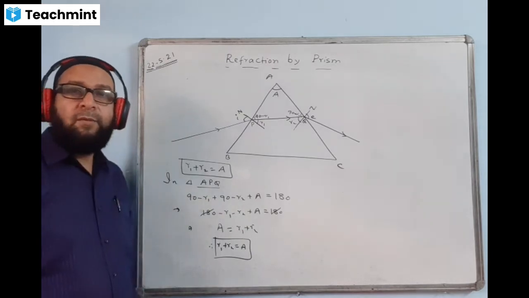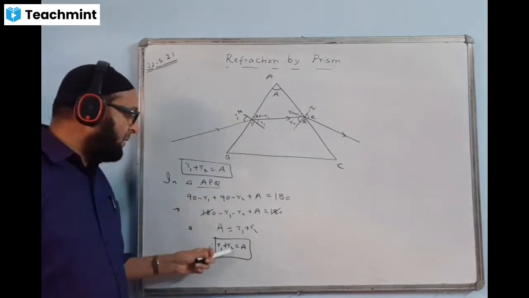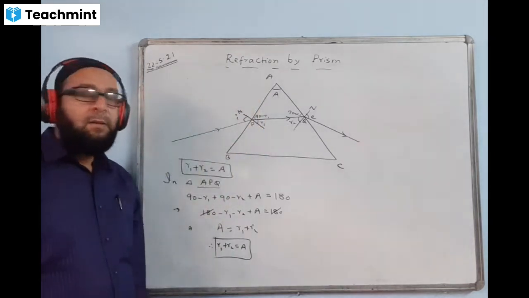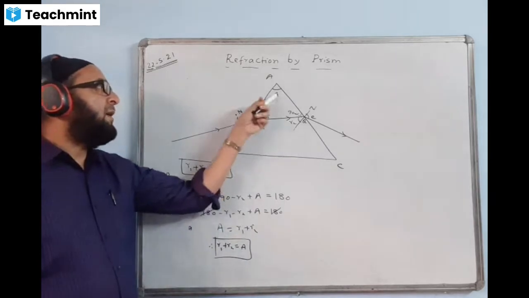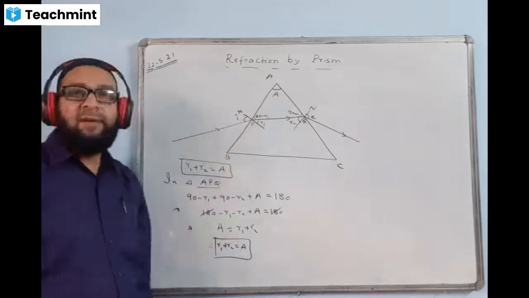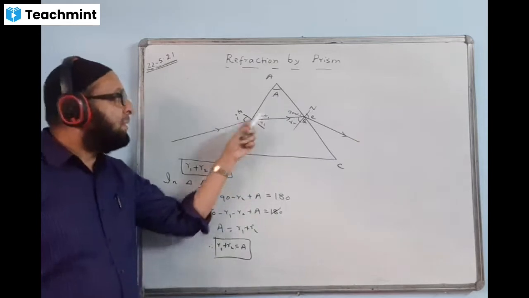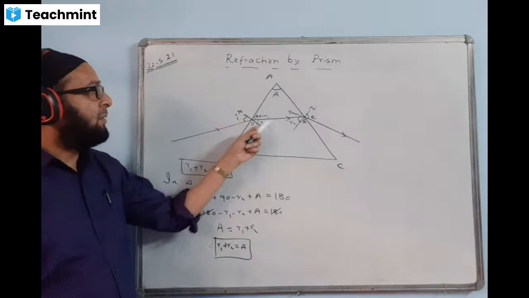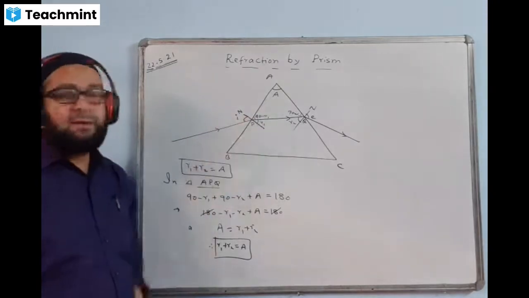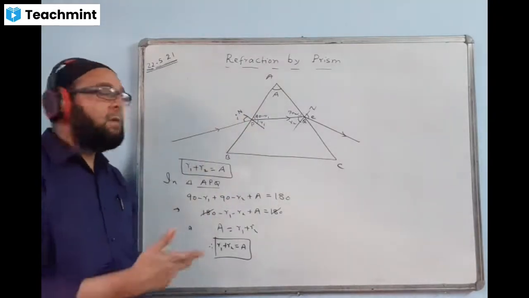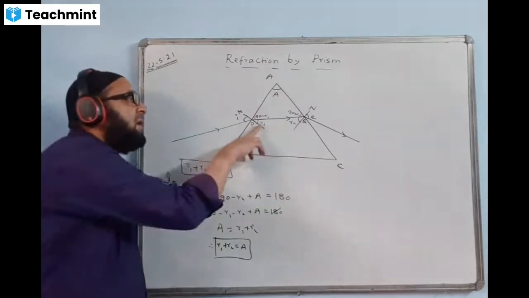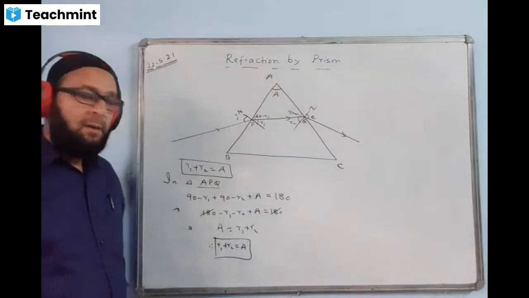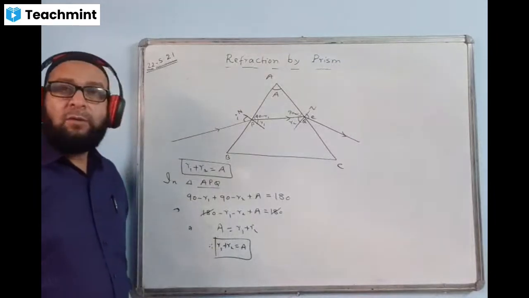This is how we prove the fact that R1 plus R2 is equal to A. This angle plus this angle will be equal to this angle. If this is 30 and this is 40, we can find A: 30 plus 40, 70, A is 70. If this is 40 and this is also 40, then A is 80. If A is 80 and this one is 50, what is the remaining one? 80 minus 50, we find this 30 degrees. This is quite simple. The sum of the two refraction angles R1 plus R2 will be equal to the angle of the prism. So using this concept, if any one of them is unknown, we can find it out. All right.